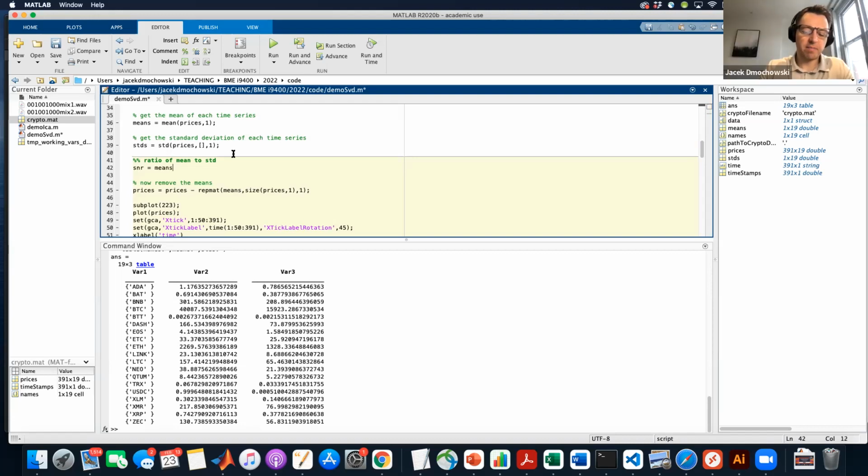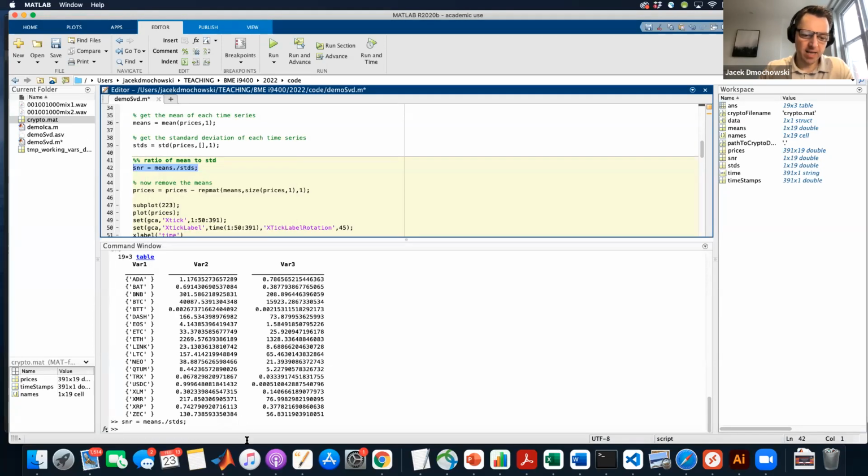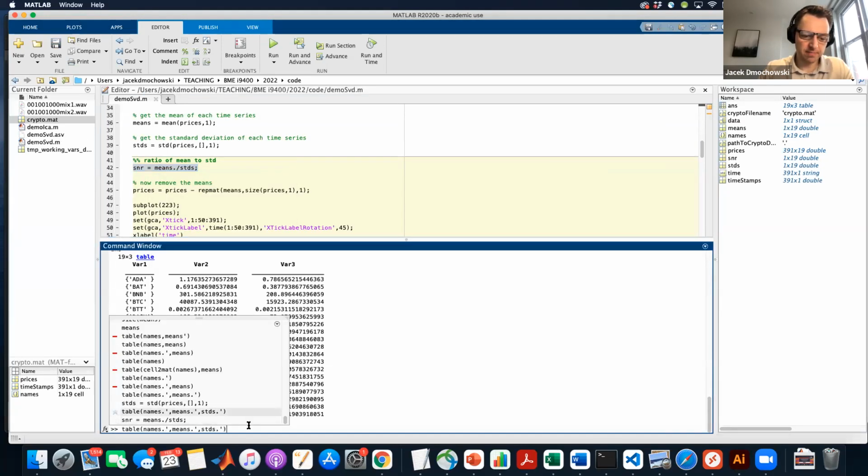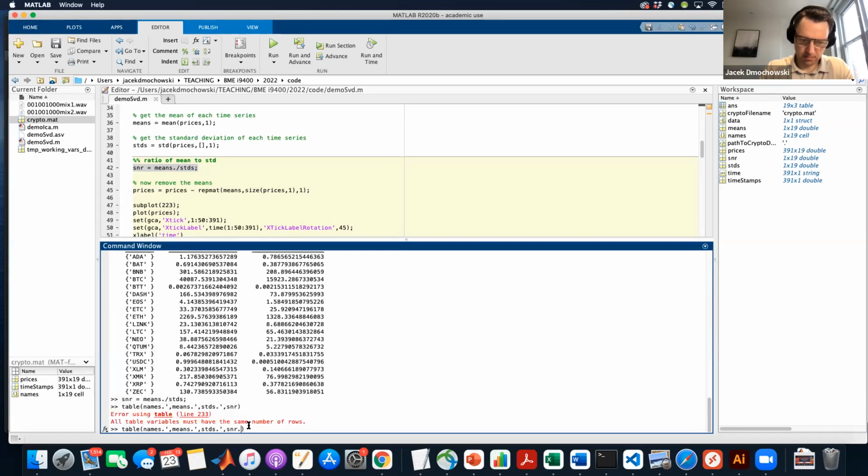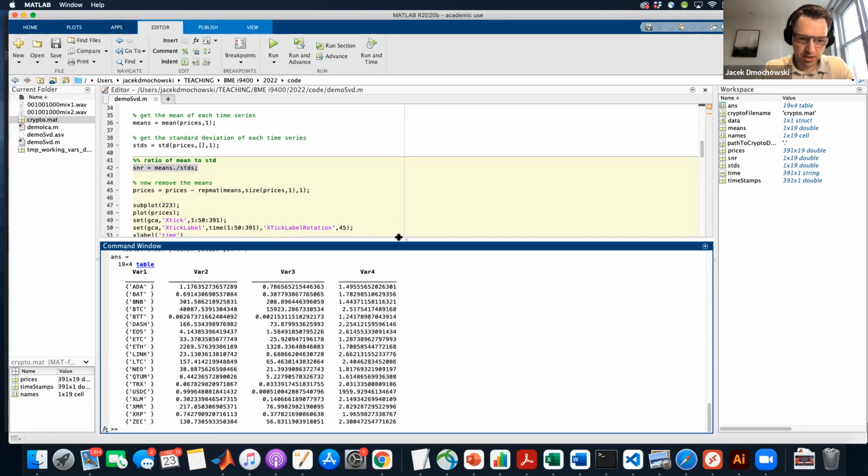So if I divide the means by the standard deviation, and then I add it to my table, all of a sudden we have numbers in variable 4 that are pretty uniform looking,